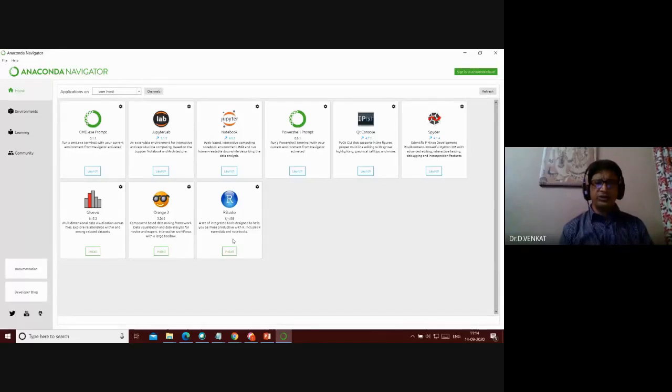And RStudio is there. You can use it for R programming. For simple R, instead of installing R separately, you can do it with RStudio, right? Are you clear? So you can try exploring everything. But for this workshop, for this FDP, we will be using this notebook. We will be using this Spyder. Okay. For example, if you just click launch in the notebook,